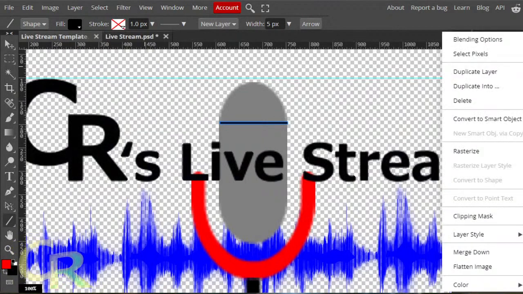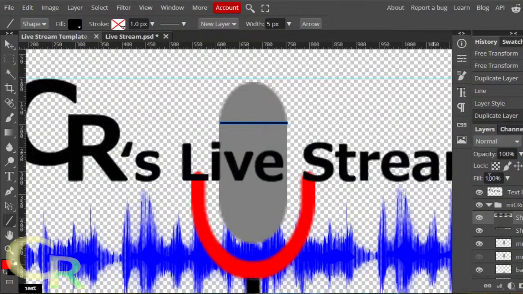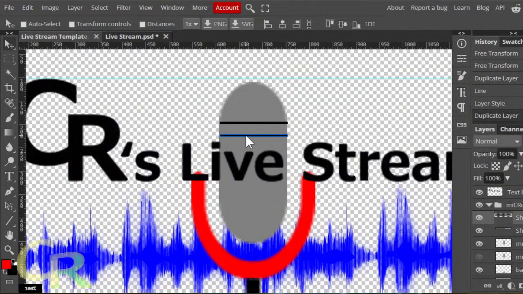So we'll copy that layer, duplicate the layer, move it down.